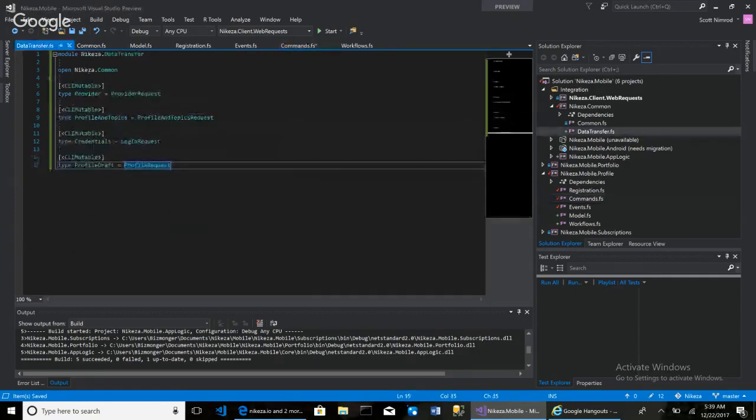But this is just a type alias. What I mean by that is I think you can still use profile request and profile draft interchangeably, which may be okay,